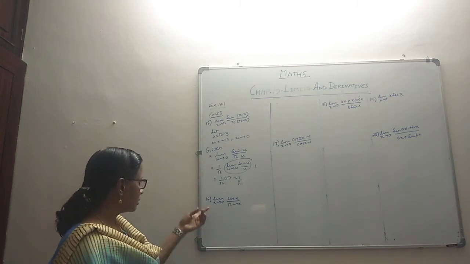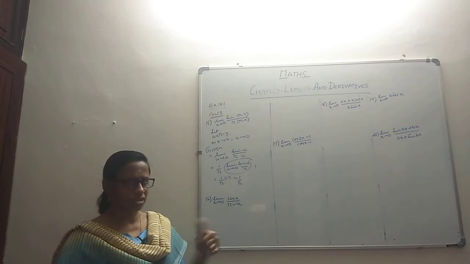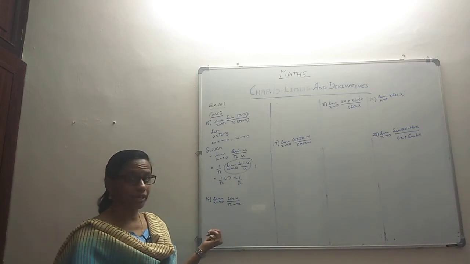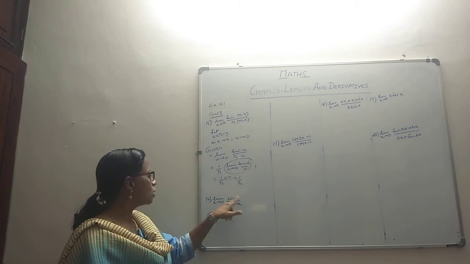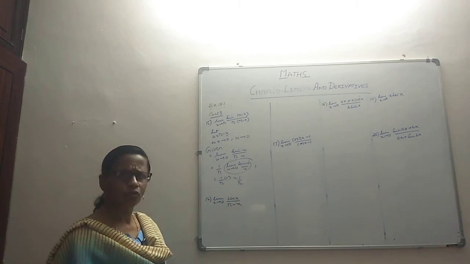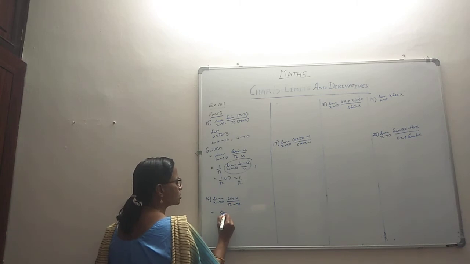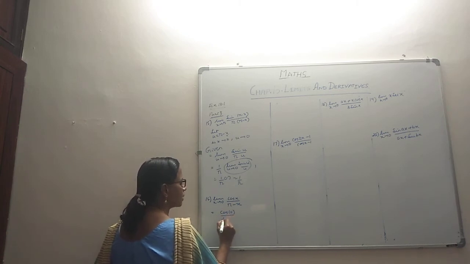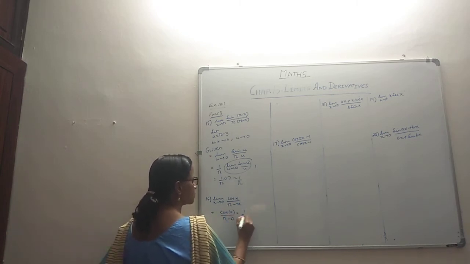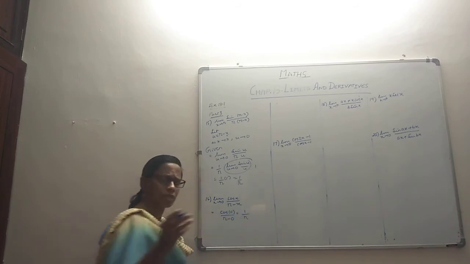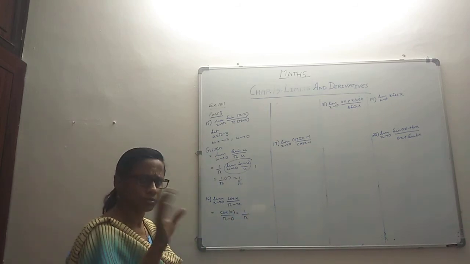Now this looks to be cos, which doesn't work well, so we should check if the substitution is okay. Cos 0 is fine, pi minus 0, I think we go for substitution. I think that's better. Let's check. Cos 0 when we substitute and pi minus 0. So what will come? Cos 0 is 1, pi minus 0 is pi, so 1 by pi. Very simple. Nothing to do at all, just substitute.